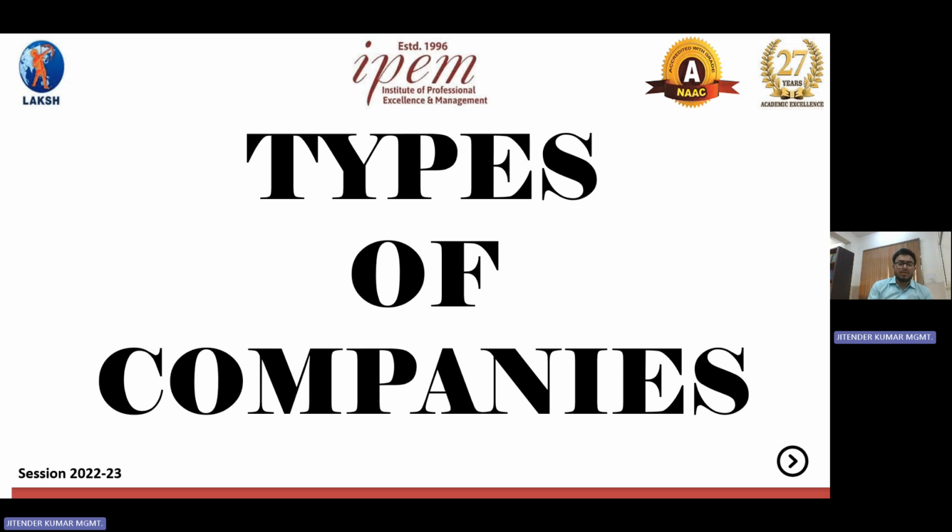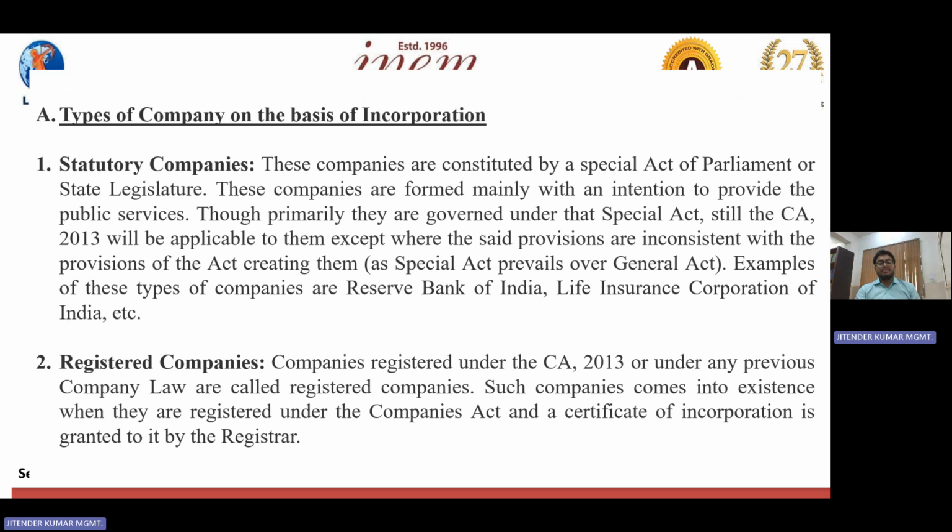So we discussed the company, how the company is formed, what the basis is, and what the types of company are. So further we move to this. If we talk about it, we have something called the basis of incorporation. So one thing is very important. The company we have categorized basically by 3 or 4 things. On the basis of 4 types we can categorize the company. First one is according to the mode of incorporation, how the company is incorporated.